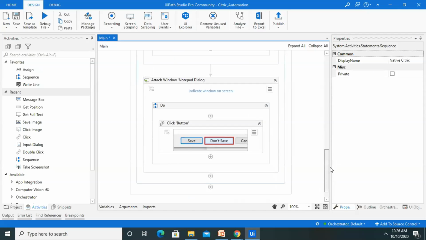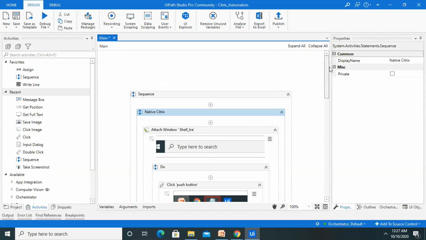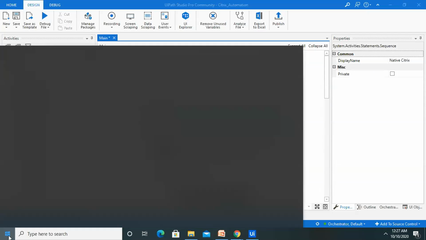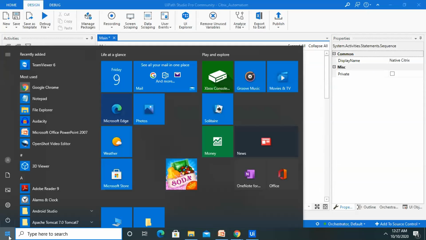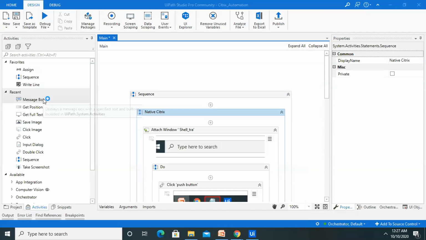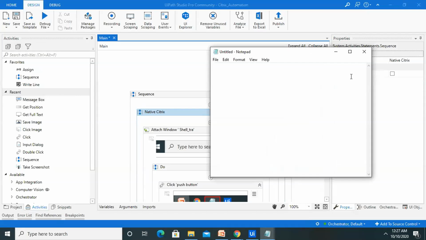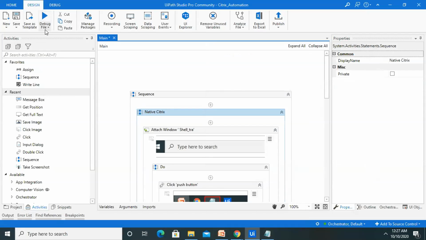So now you can see all the actions which we have performed are auto recorded. Let's open the notepad file again and keep it in the taskbar, so that we can run this code. Minimize this.